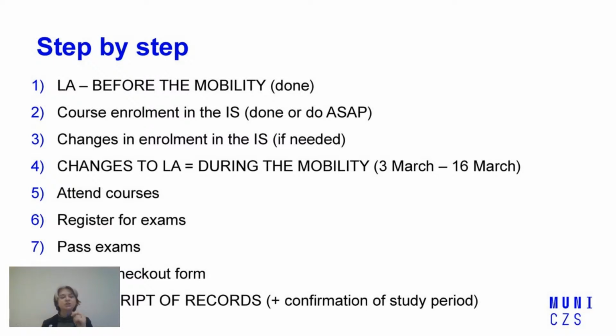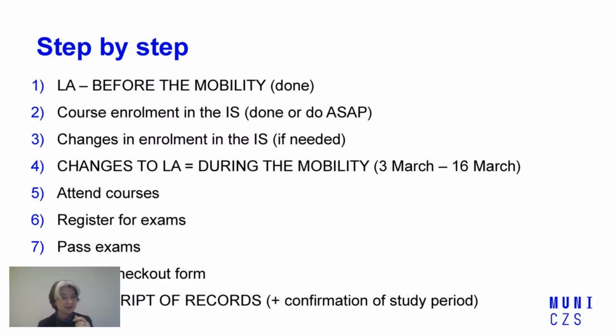Then, if you need to change your courses, the option is that you have two courses at the same time. If you do not get accepted into a course or something, you can choose a different course, you can still enroll, and you can also unenroll from the course that you don't want. And you have the first two weeks of the semester to still keep making these changes, and that's fine. And after you have these two weeks, you have another additional two weeks to make changes to your learning agreement,